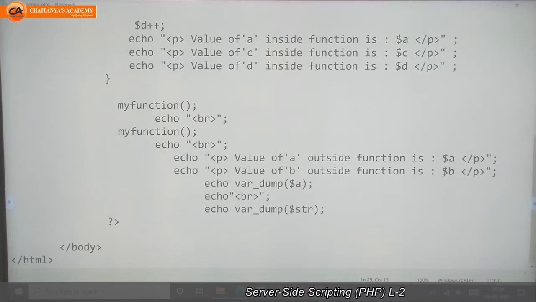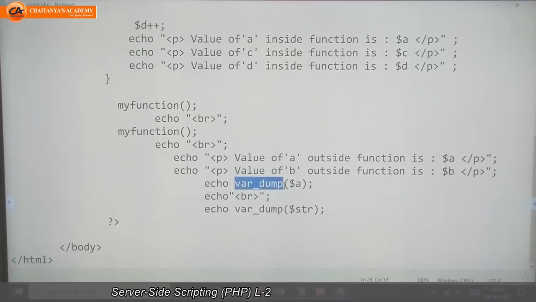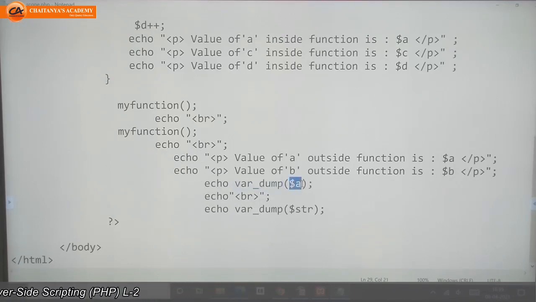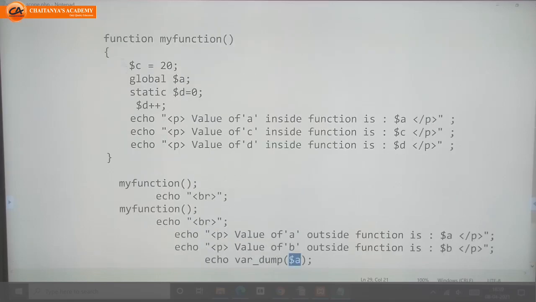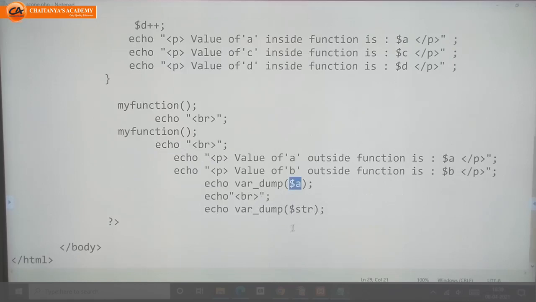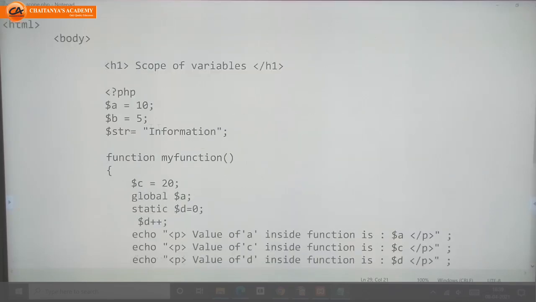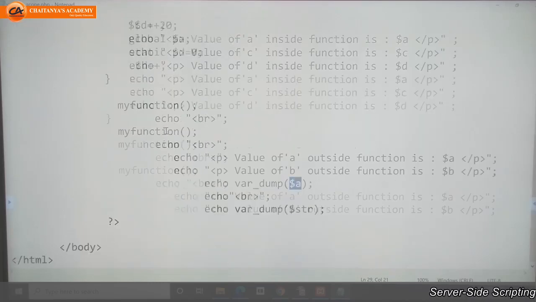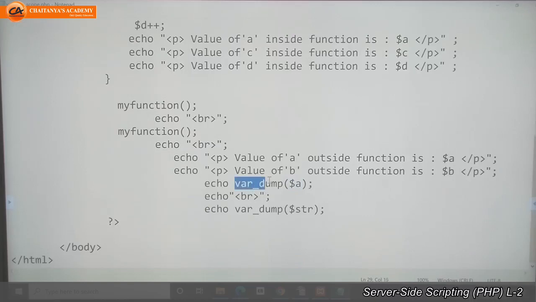Here I can write the code with echo var_dump, the function to know the data type of that variable. Inside the brackets I need to pass one parameter, the variable whose data type you want to know. Suppose I want to check the data type of A, and next the data type of str. I want to check both values and data types.